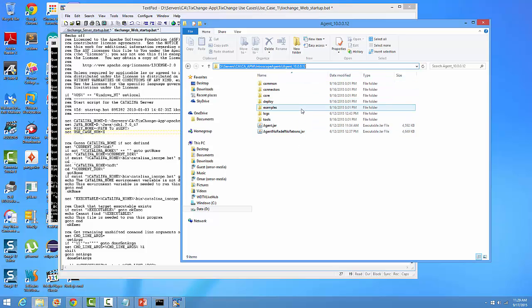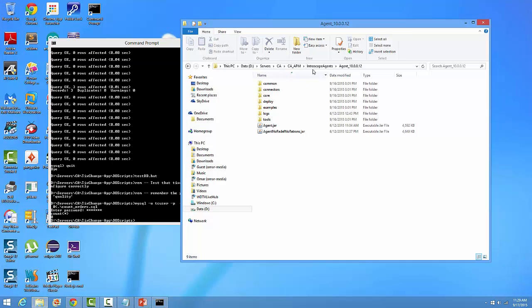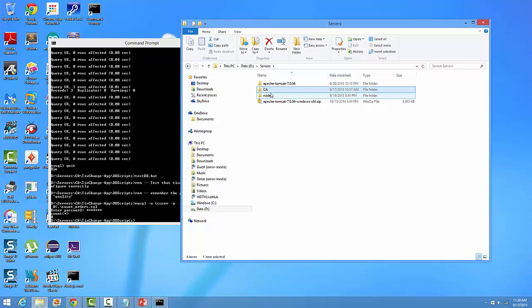Okay, you guys are familiar with this. This is the agent home. So under Wiley home, I'm just going to type the path, and I'm going to save because I'm done with this. And then I'm going to go ahead and type the value home, the path of the agent, save. That's all we need to do to configure our Tomcats. So let's go back in again: ticket exchange, use cases, use case one,